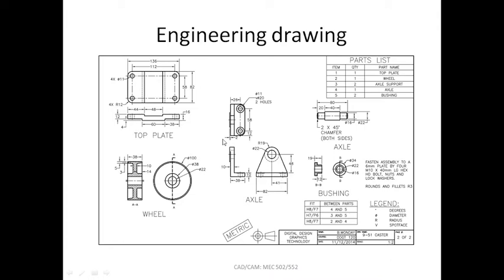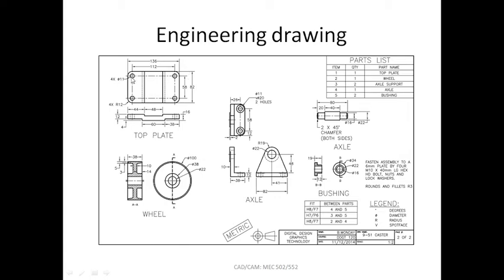So you can see that all the information, for example, this has five parts. Basically, the quantity of each part is given, the names are given, and this is the first part, which is the top plate. Two views of it are given, and by seeing these two views you can reproduce the part. You can find out what kind of job or stock you need to machine this,